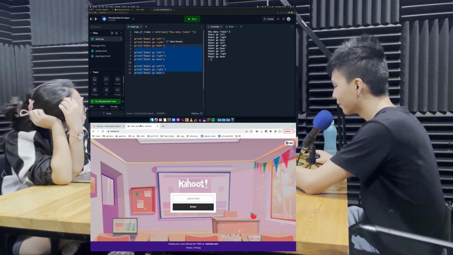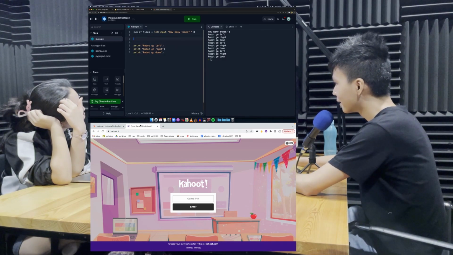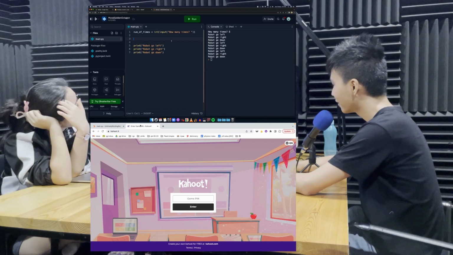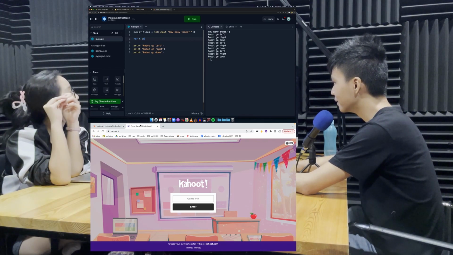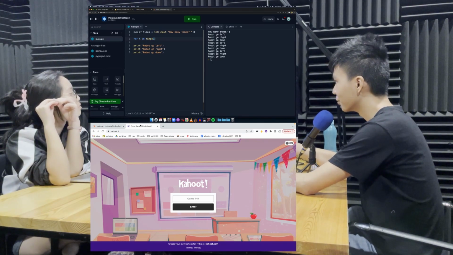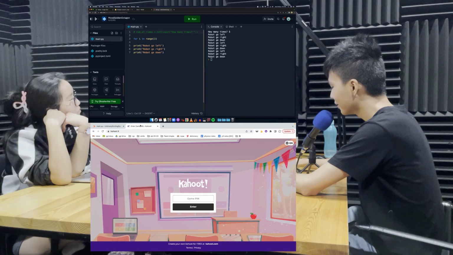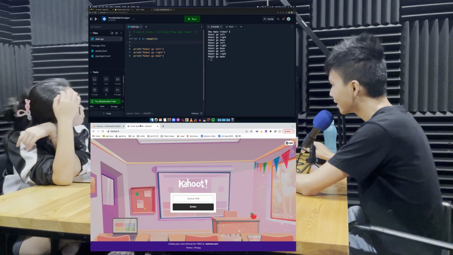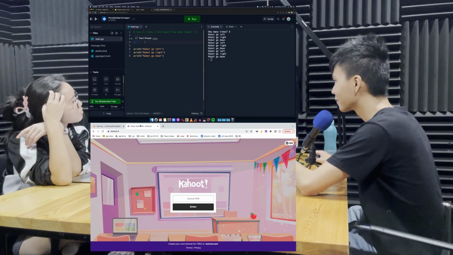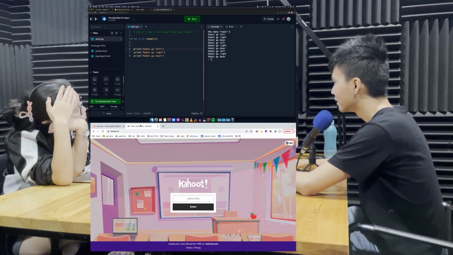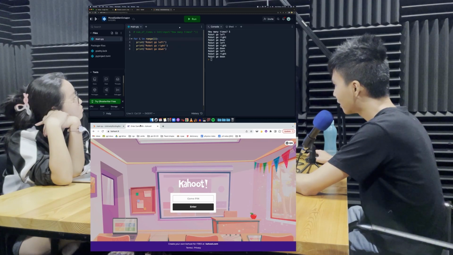So that's where for loops come to the rescue. Okay, so now instead of copy pasting, I'm going to write a for loop. I write for to start the for loop, and I'm going to write for i in range and the number of times I want the code to repeat. In this case, let's say I'm going to repeat it 3 times. I'm just going to comment this out first. Colon once again tells you that it starts a code block. Whatever has the indentation is part of the code block. So in this case, I want these 3 lines to be part of the code block, so I put indentation in front of them. Okay, so now if I run this,